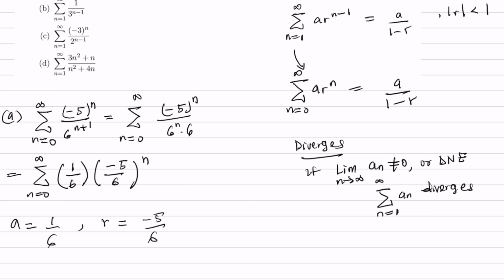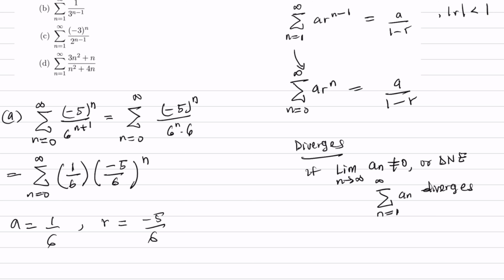We don't know. Let's take the absolute value of this. The absolute value of this is less than 1, right? That means it converges, right? Since we know that if the absolute value of r is less than 1, it converges,